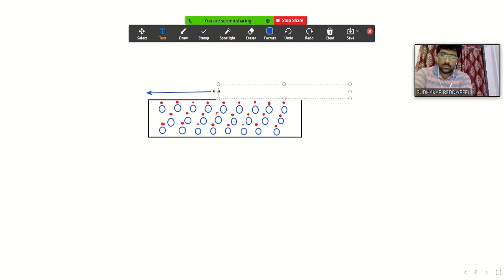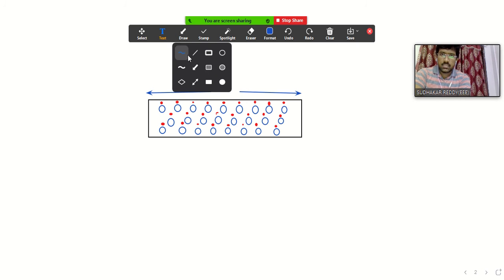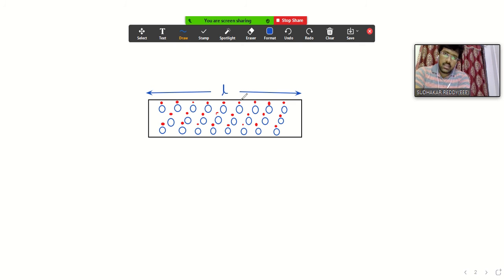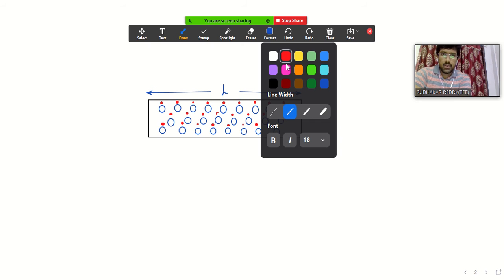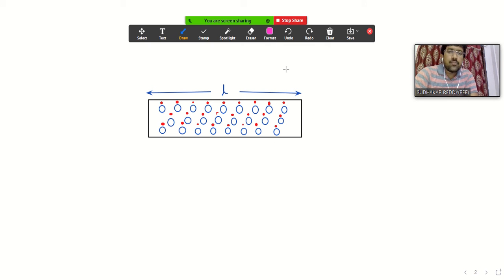So the length of the material increases, what happens to the resistance value? If the length of the material increases, what happens to the number of collisions? Because the resistance of a particular material is indirectly decided by the number of collisions. If the number of collisions is more, then indirectly the resistance value offered by that particular material is more. Now we will observe what happens to the number of collisions made by a particular electron.